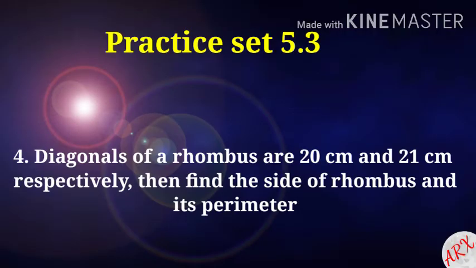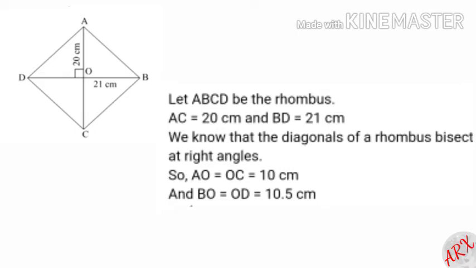Question number 4. Diagonals of a rhombus are 20 cm and 21 cm respectively. Then find the side of the rhombus and its perimeter. Now, as we know, ABCD is a rhombus, therefore AC equals 20 centimeters and BD equals 21 centimeters. Diagonals of a rhombus bisect at right angles, that is they are perpendicular bisectors of each other. Therefore, AO equals OC equals 10 centimeters and BO equals OD equals 10.5 centimeters, that is